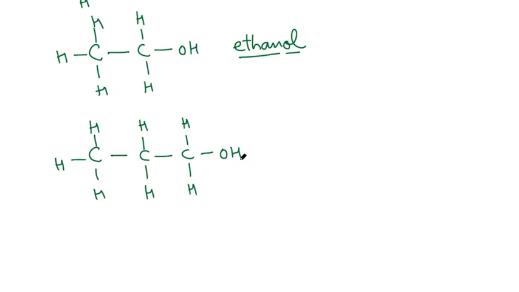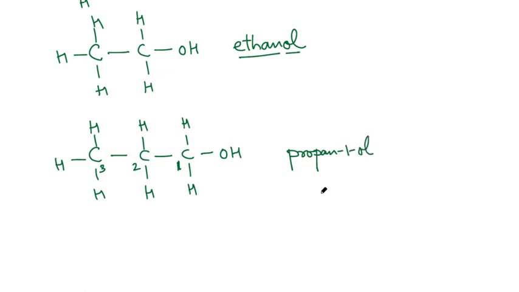Here this OH is bonded to carbon number 1. This is carbon number 1, 2, 3. Because if I number the carbon from this side, it becomes 3. So we need to choose a small number. It is number 1. So in this case, the name of the compound becomes propane, P-R-O-P-A-N, propane dash 1 dash